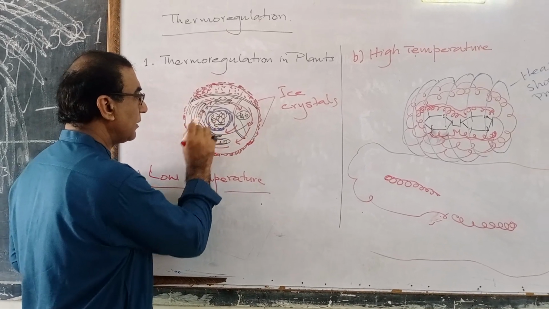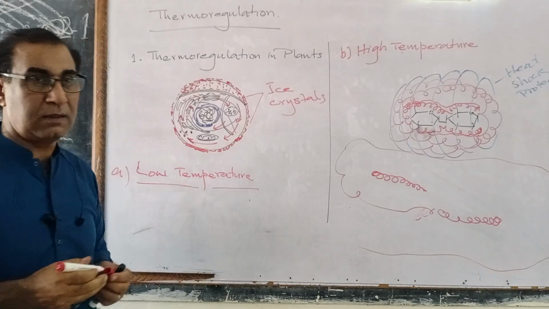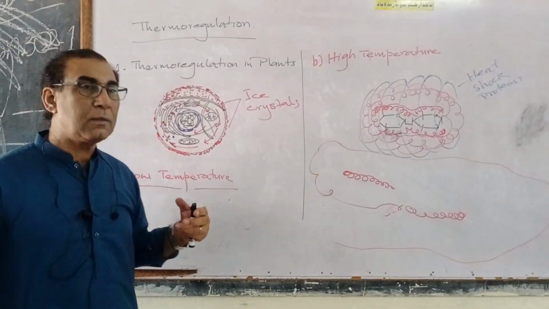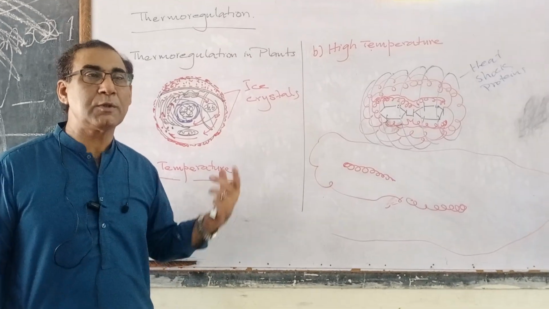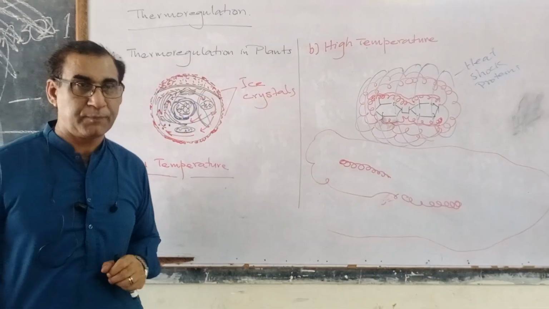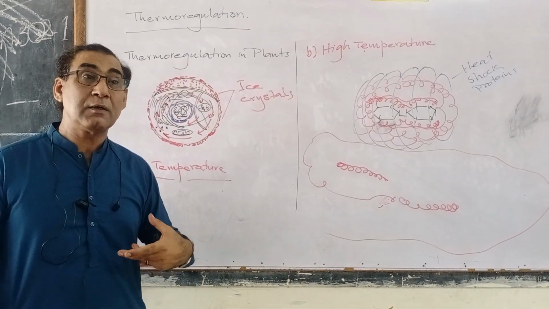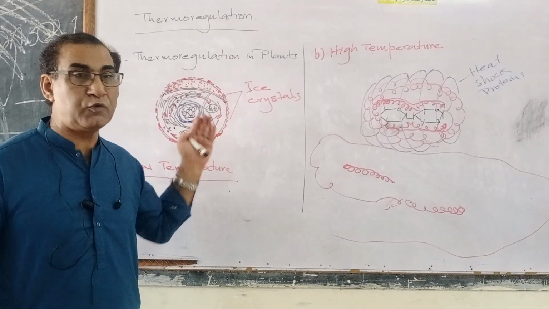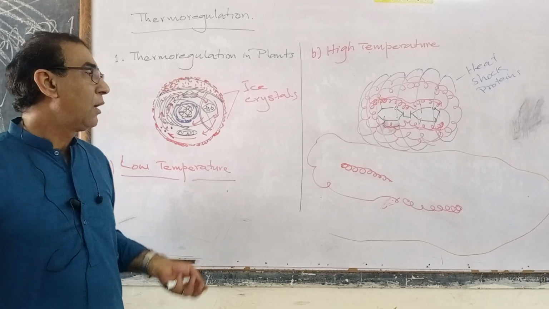The streaming does not occur. And if the streaming of the cytoplasm does not occur, it means that the molecules wouldn't be able to move from one place to the other. It would also mean that the enzymes wouldn't be able to move from one place to the other, and the